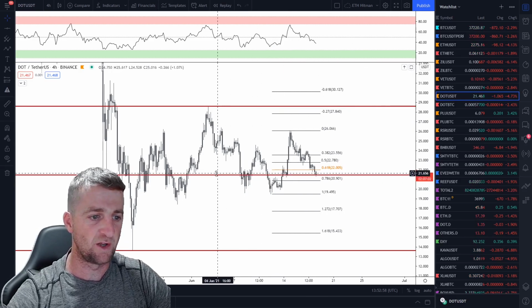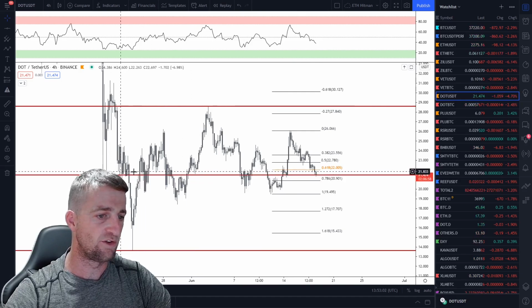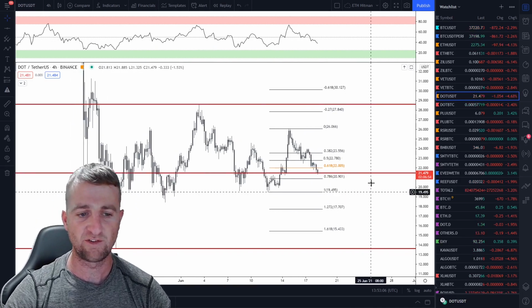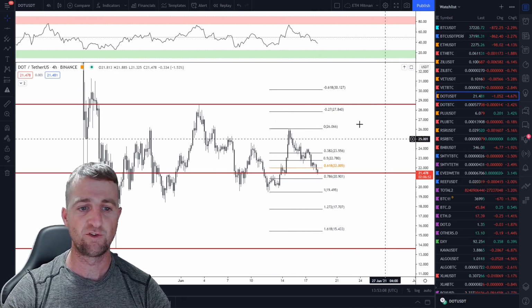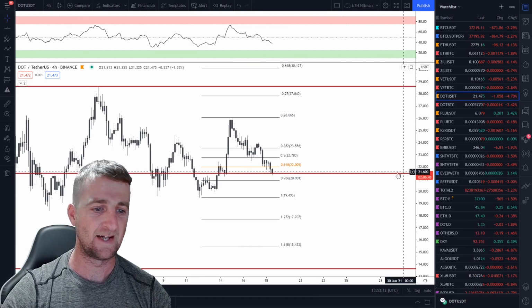I placed this here because it's acted as key support, and it's rejected and used it as support all the way through, and it's tried to cling on to that range, to be honest. A lot of assets, including Ethereum, are still stuck in that high range,